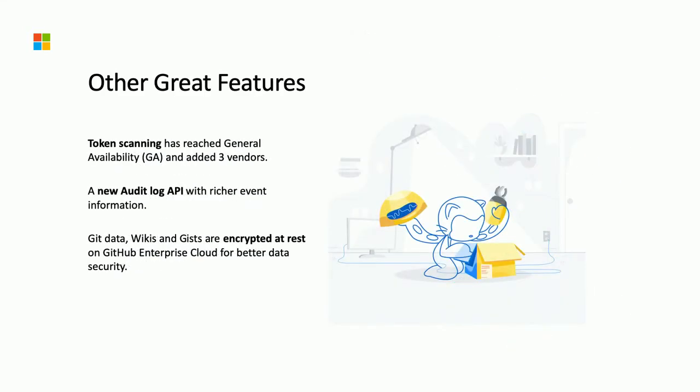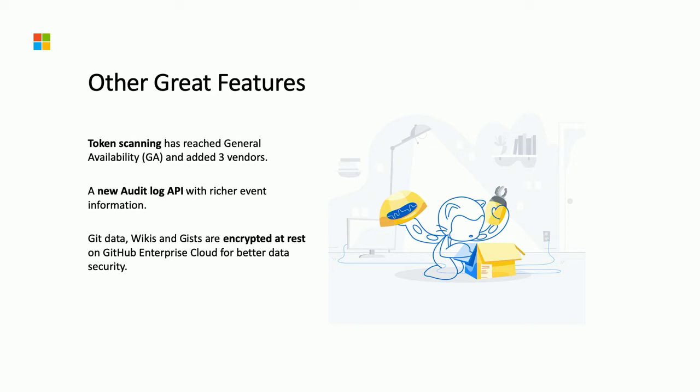Next slide, please. Great. Other great features I just thought would be interesting to mention and share with you. Token scanning. So we do native token scanning on GitHub, and we're continuously adding vendors there. So if you're like me and you've accidentally pushed your secure credentials, maybe to AWS or GCP, to your repo, we're going to filter for those, and we're going to alert the service provider that you've leaked those credentials and that they need to be rotated, right?